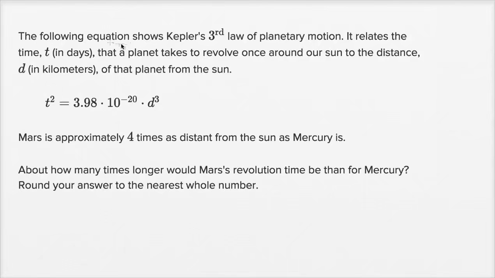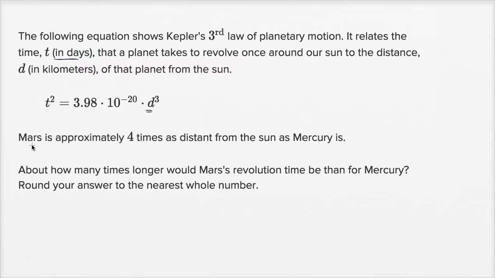The following equation shows Kepler's third law of planetary motion. It relates the time t in days that a planet takes to revolve once around our sun to the distance d in kilometers of that planet from the sun. So it tells us t, how many days, in relation to the distance that planet, in kilometers, is